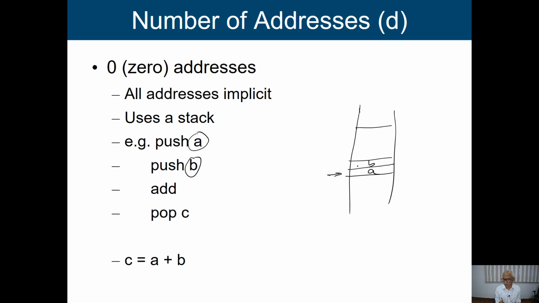These are data basically. Then if I add, it pops out the first one, then it pops out the second one. This is B, this is A, and then I get the result C. After performing the operation, it implicitly pushes the result onto the top of the stack. So this is the way we can say that C is equal to A plus B, and C will be pushed. After completion, the result is on the top of the stack, and when I pop it out, I get the result.